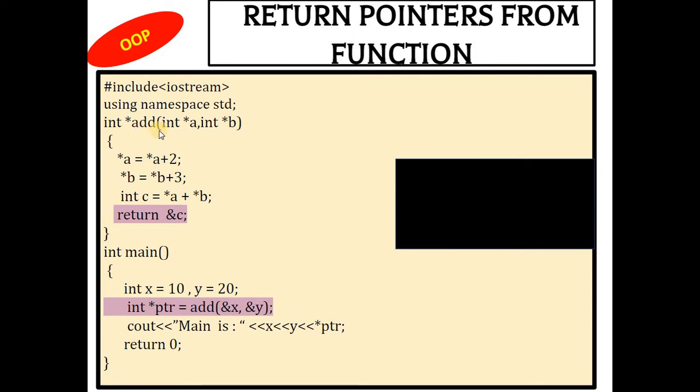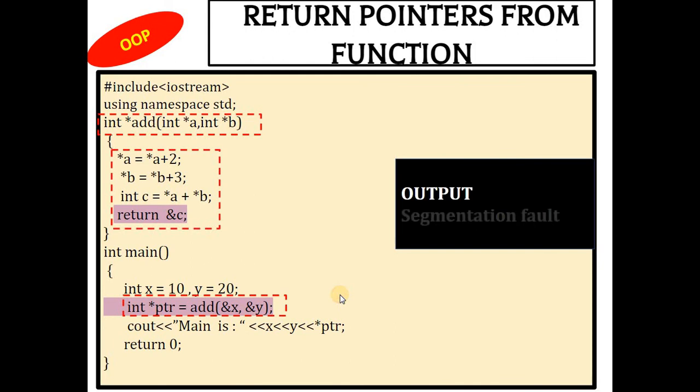Only while writing the add function, see the syntax, you write integer asterisk add, not only integer, now it will be a pointer, and while returning you have to return ampersand c inside the add function. So this is just the change, and while again calling the function add, when you write integer asterisk ptr, it means it is going to return the address to the pointer and you display asterisk ptr. Previously we were writing integer answer is equal to add ampersand x and ampersand y. Now this add function is returning a pointer, that is why we are storing it in integer asterisk ptr, and accordingly